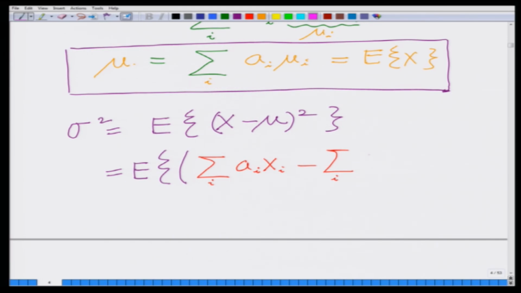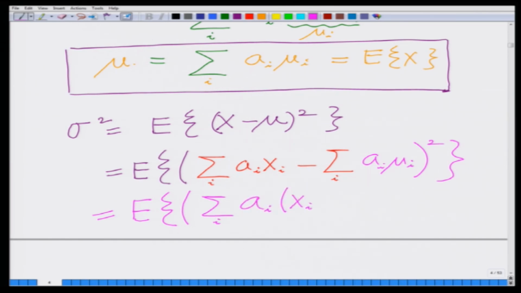So, I am substituting for mu as ai mu i whole square, which is basically the expected value of, in brackets, summation over i of ai xi minus mu i whole square,